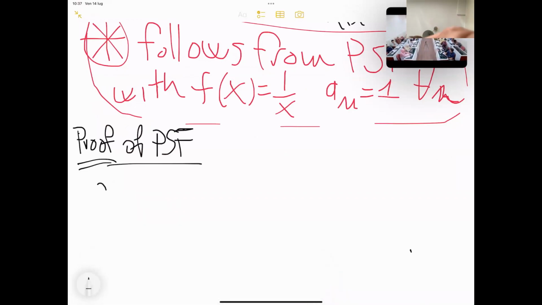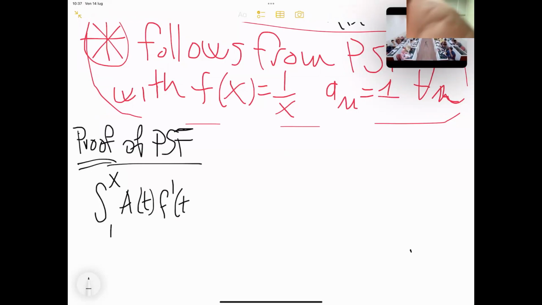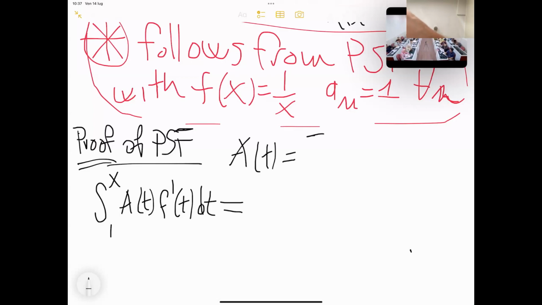Let's start from this integral between 1 and x of a of t f prime of t dt. Okay, well, a of t is the sum for n, and it is constant